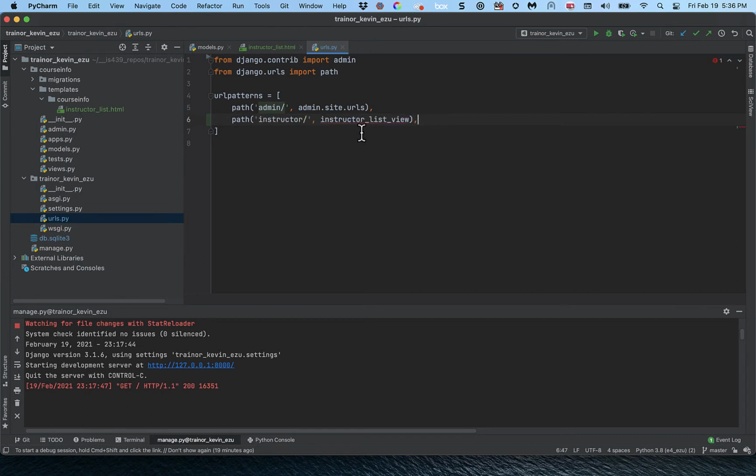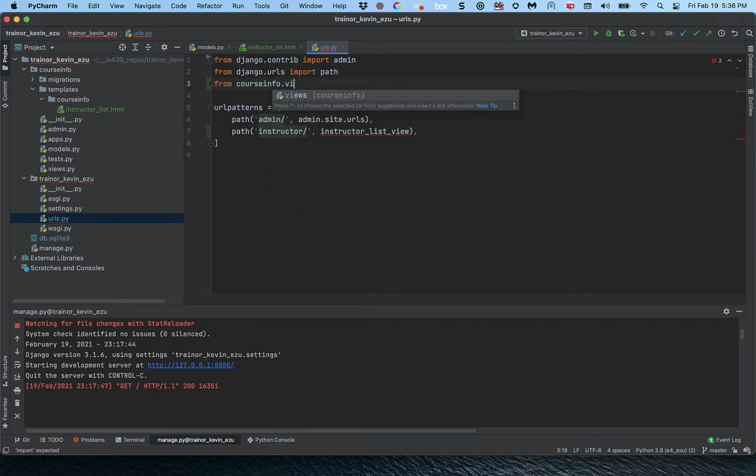Now it can't find the instructor list view. That's because we haven't imported it. We're going to import a whole list of these over time. So let's just say from course info dot views